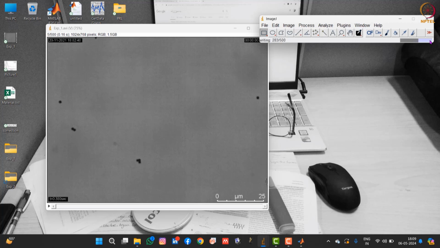We have to wait till this finishes, otherwise all the data will not come into the picture. As of now, you can see the image sequencing is done.